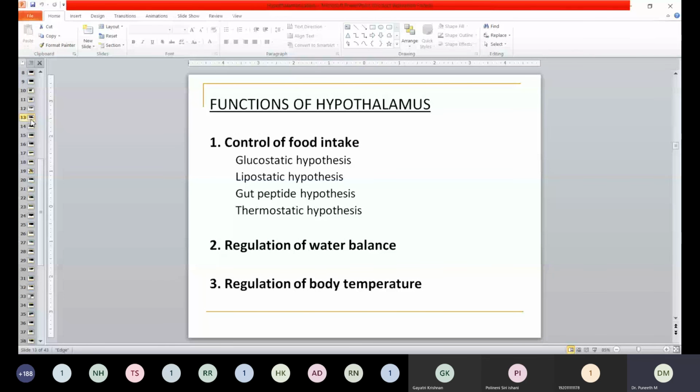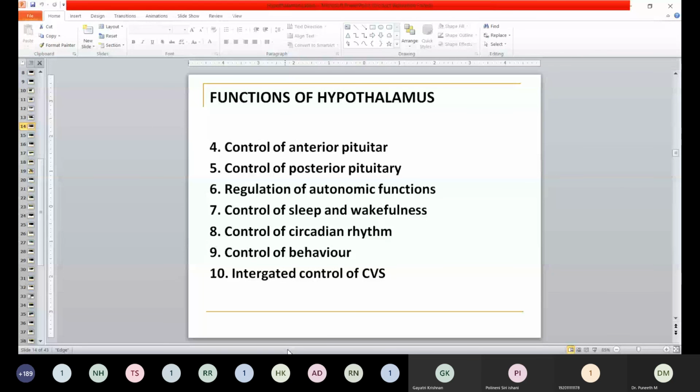Third is regulating the body temperature. Next is controlling the anterior pituitary gland. Next, controlling the posterior pituitary gland. Then regulation of autonomic functions,